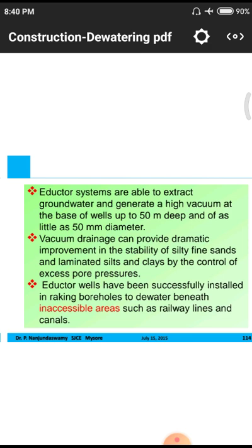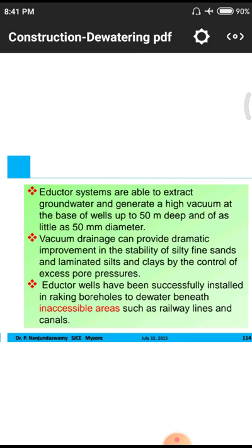Silty and fine sands means the particle size is very, very fine. In those conditions also we need to draw down water with improvement of the stability of soils. Otherwise the whole well will be destroyed. Why? Because we are using too much pressure, so due to those pressures there may be damage to the soils also. So we need to provide some quantity of baselines while constructing this type of equipment.